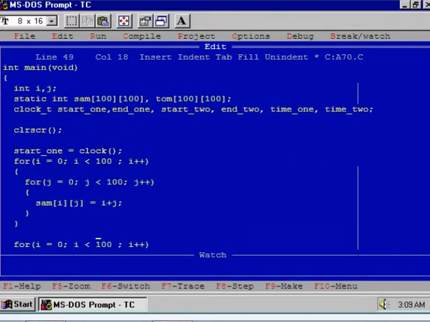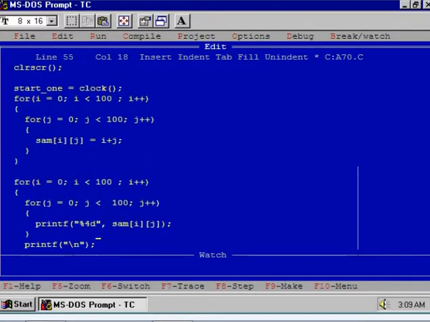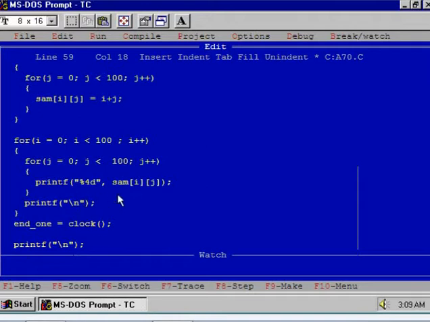After this we'll initialize the array Sam. Then in the second for loop we'll display the array Sam. Now you see the way here. Here I use Sam[i][j] and here I use Sam[i][j]. So we are storing the array row wise, and we are displaying it again row wise.